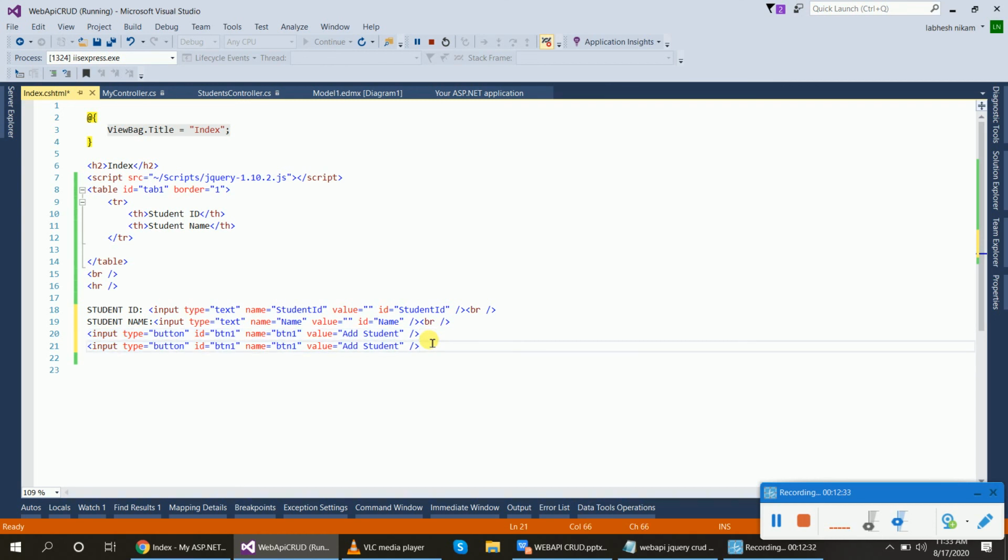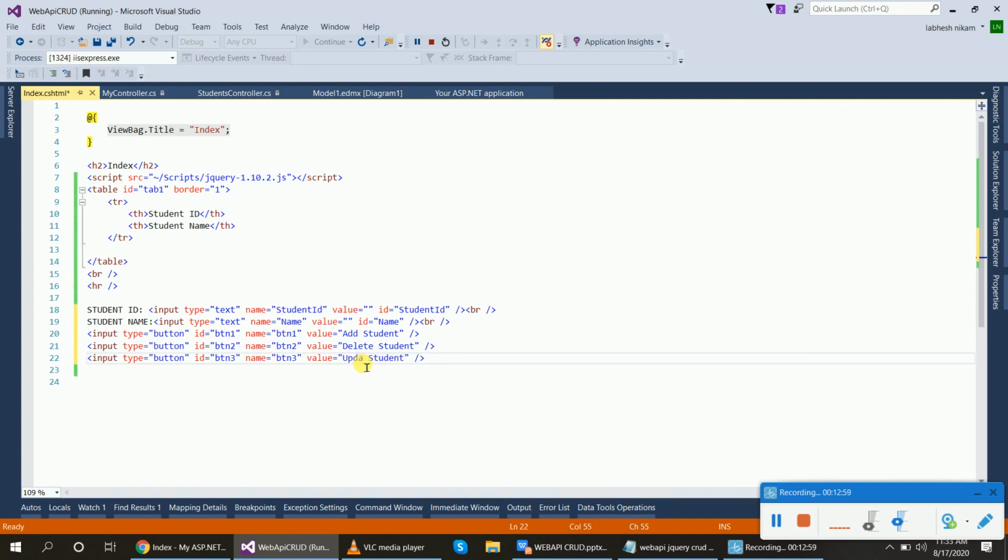And the third one is to update the student. Okay, this is second and this is third, and delete the student. Update student.